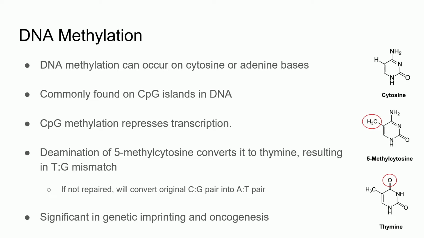Aberrant methylation is associated with disease states and likely plays a role in all neoplasia. Take, for example, hypermethylation of the MLH1 promoter region, which is the most common cause of sporadic microsatellite unstable colorectal cancers. Broader examples include hypomethylation of oncogenes or hypermethylation of tumor suppressor genes, for example.